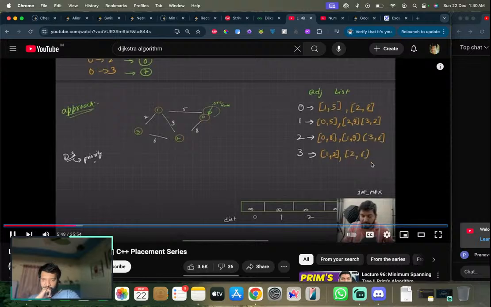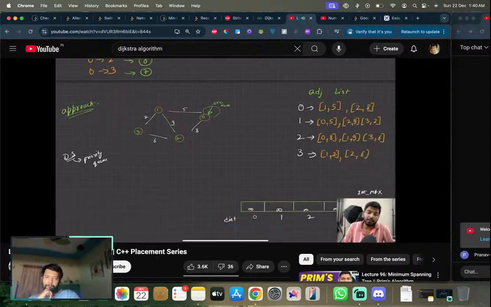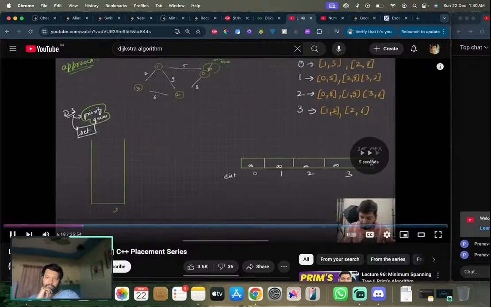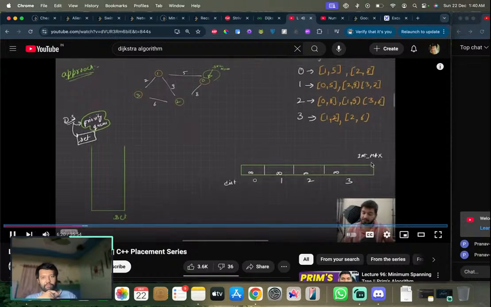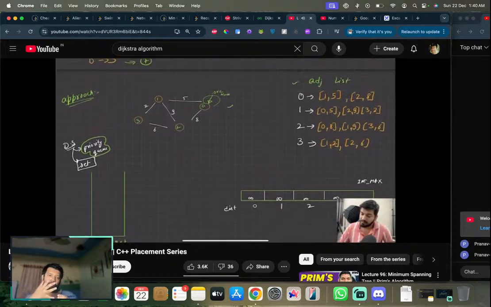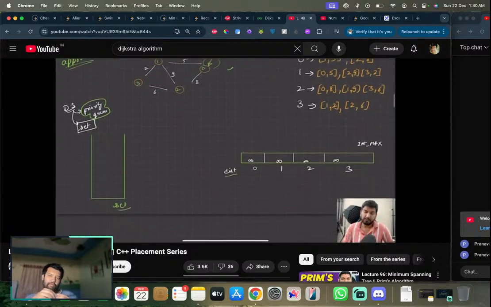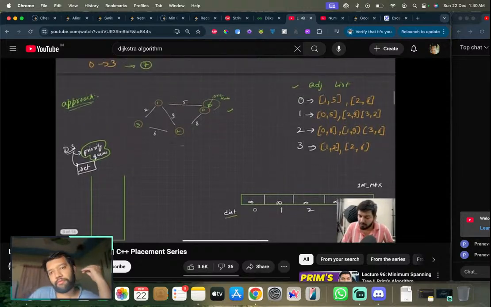मैंने कहा दो नोड्स का डिस्टेंस बेसिक हमेशा दर्शाए, या तो मैं प्रायोरिटी क्यू को यूज करूंगा, जैसे मैंने मिन हीप ले लिया, तो मेरे पास टॉप नोड हमेशा वो होगी जो मिनिमम होगी, या फिर मैंने एक सेट ले लिया। ये दो तरीके हैं, यहाँ पर एक सेट है, ये बात समझ में आ गई। तो ये मेरा ग्राफ है, ये मेरी एडजेसेंसी लिस्ट है, ये मेरा डिस्टेंस वाला एरे है और ये मेरा सेट है, बात समझ में आती है।